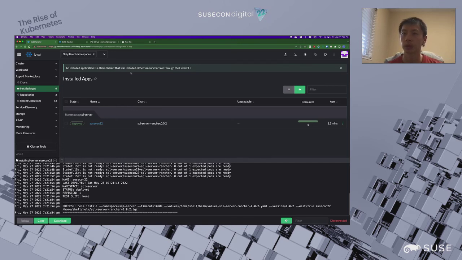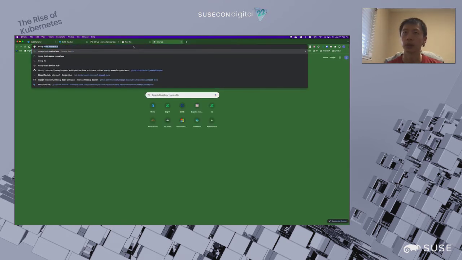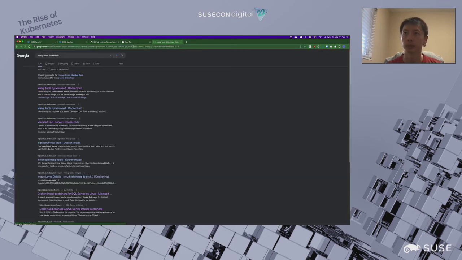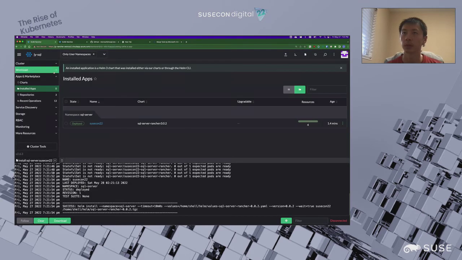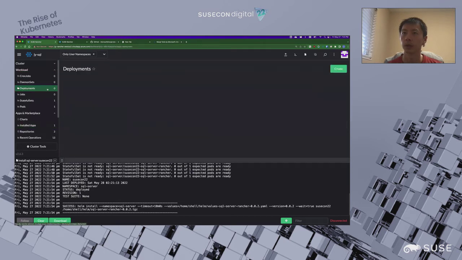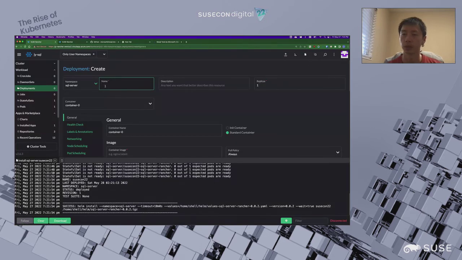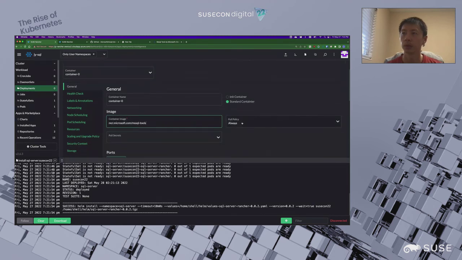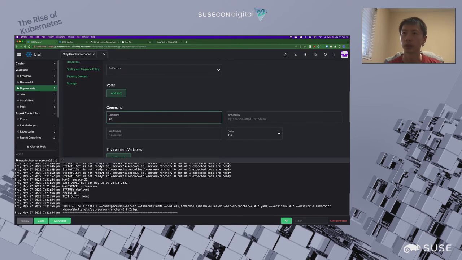I'm going to do this using a container that Microsoft maintains, the SQL Server Tools container. Just want to get a reference to the container. Copy this, and then go back to Rancher, and then a deployment. I'm going to create a new deployment. Let's call this Tools. Take the image that we just had. Go with if not present. And then get a command so I can shell into this later.